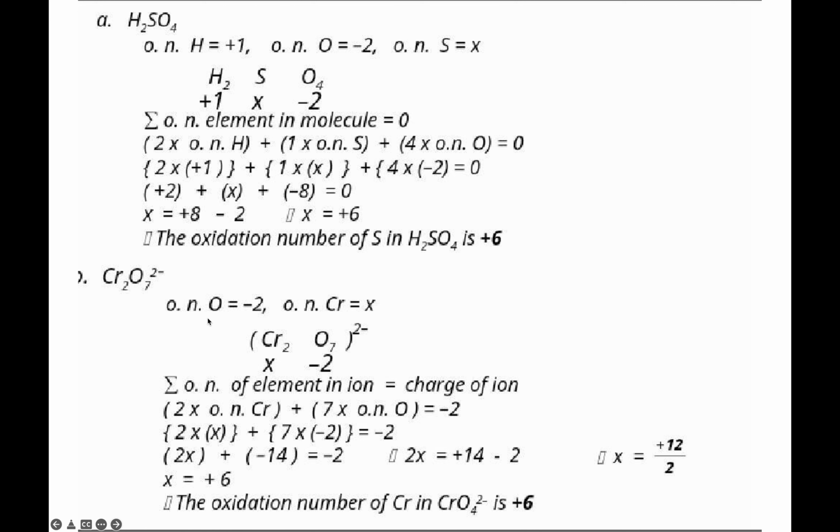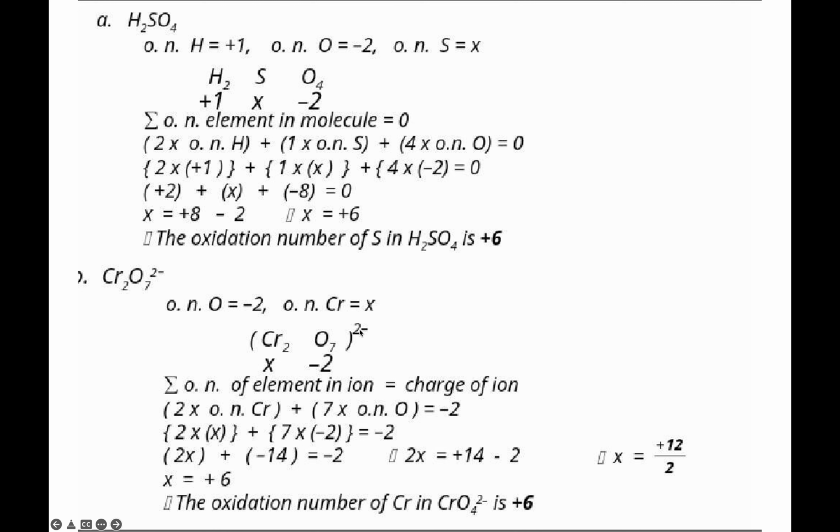Cr2O7 2 minus. So here you can see that the oxidation number of oxygen is -2, and chromium we take as X. So chromium is X, oxygen is -2, and the oxidation number of elements in an ion adds up to the charge of that ion. So 2 chromium atoms, so 2 into X, plus 7 into -2 is equal to, you have to take this as -2. In all the earlier cases we took 0. Here since the